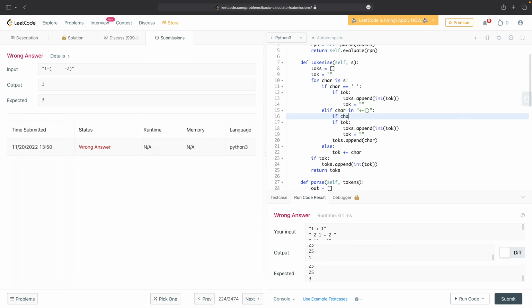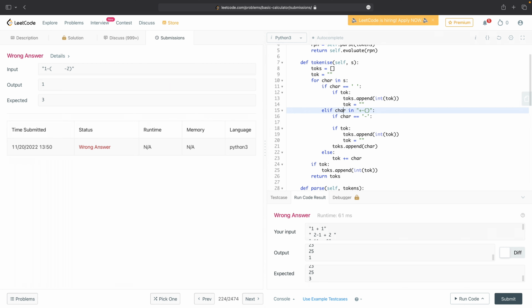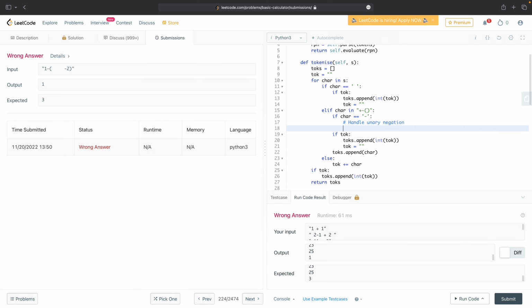So if car is equal to minus, this is where we handle unary negation. If tox -1, so if there are no tokens at all, if not tox,